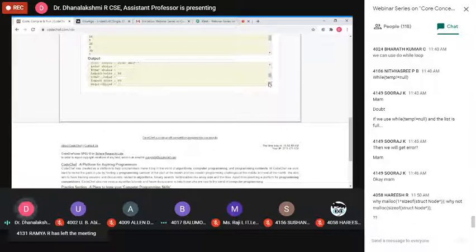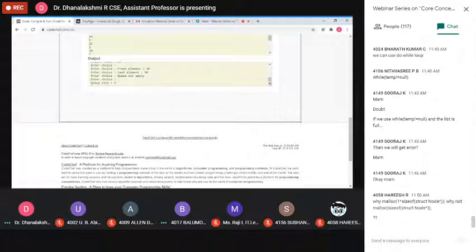Then enter the choice DQ, twice, so 10 and 20 are deleted. After that, display. The front element is 30, then the last element is 50. Then the queue is not empty. After deleting the elements, our queue size is 3.